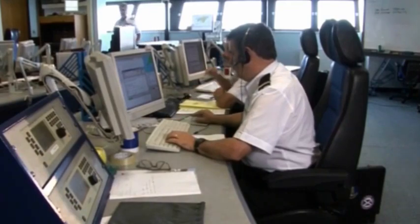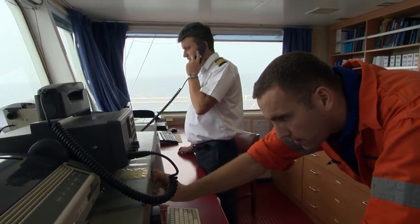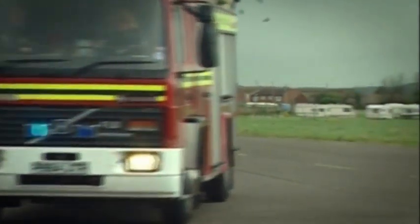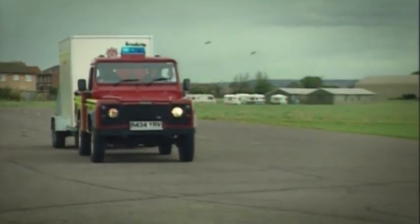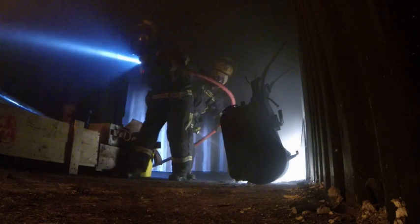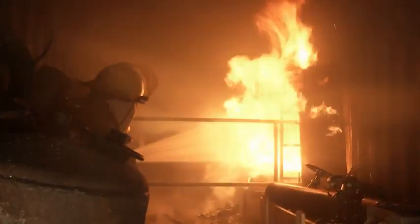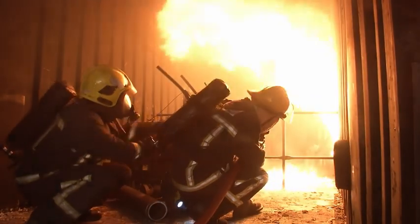They should maintain communication with nearby ports and consider the possible availability of shore-based firefighting teams. But whoever is to tackle the fire, there will only be a limited time in which to gain control over it. So, if the fire can't be brought under control by the firefighting teams on board, any team which has arrived from a shore installation or any fixed installation which does not require the evacuation of the area, then the master